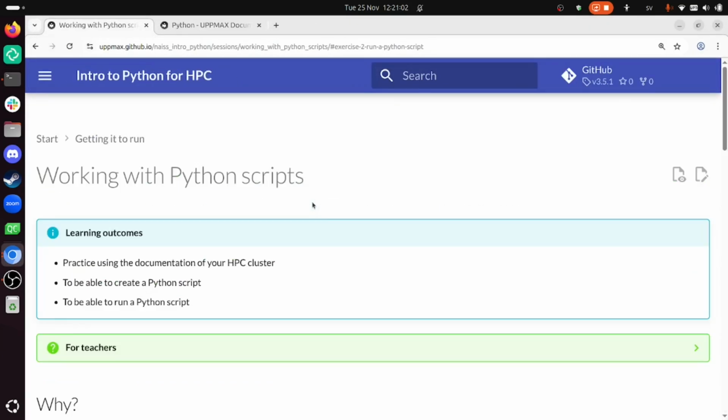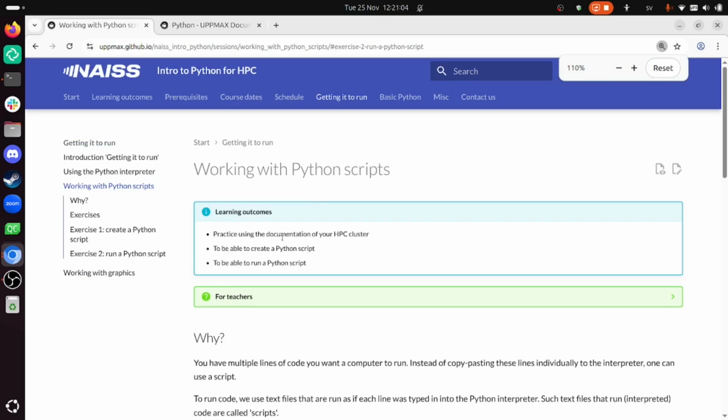So with that, we have been able to create and run a Python script. And we have done so for the Kebnekaise HPC cluster maintained by HPC2N. And this was part of the course Intro to Python for HPC as